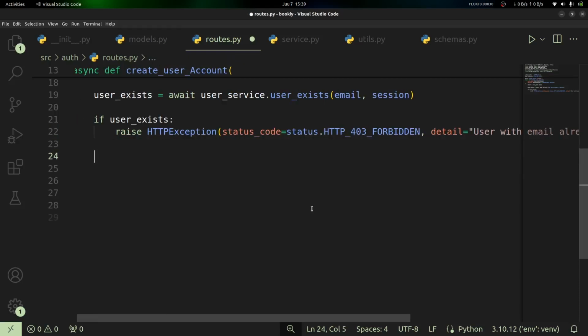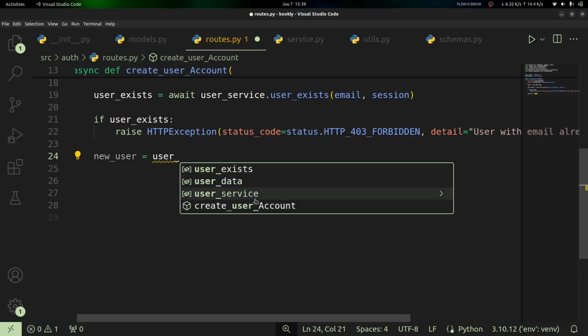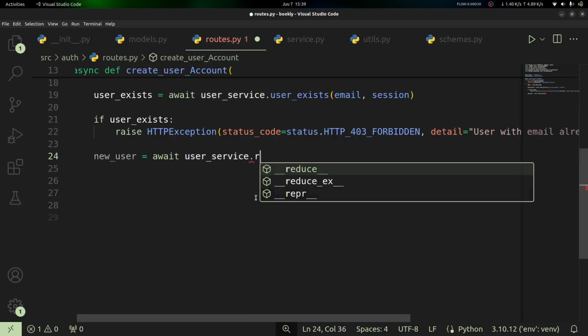Now, when you go ahead and pass this line of code that returns true from the user existing check, we're now going to handle what is going to happen when creating a new user. To do that, we are simply going to create our new user. We shall say our new user is going to be equal to the result of using our user service object to create a user. Now remember, that is a coroutine, so we shall have to await it. We shall say await user_service.create_user,